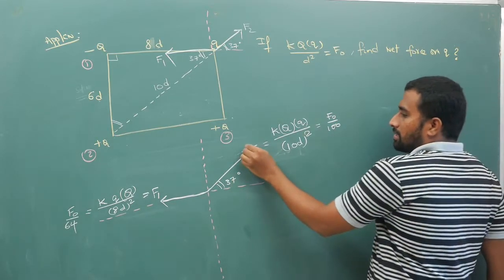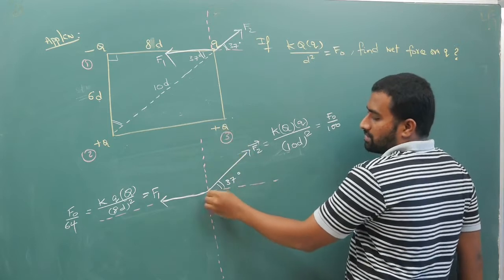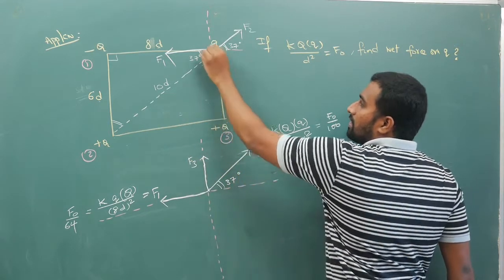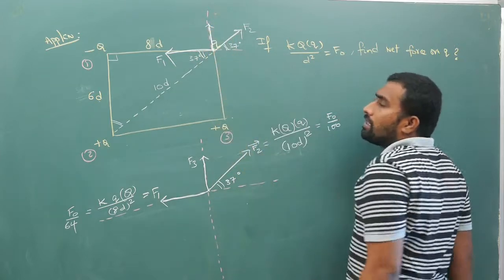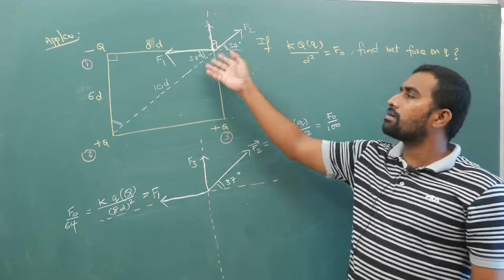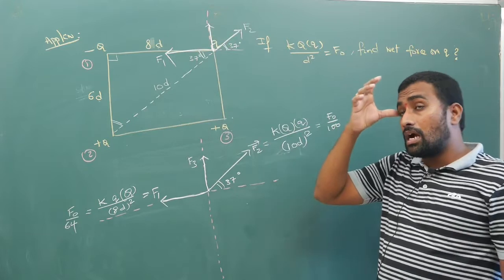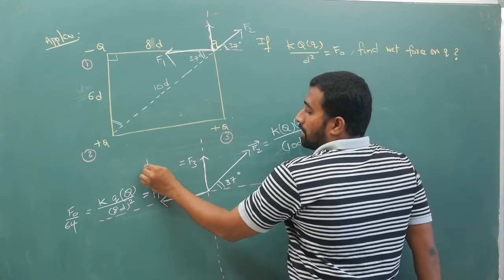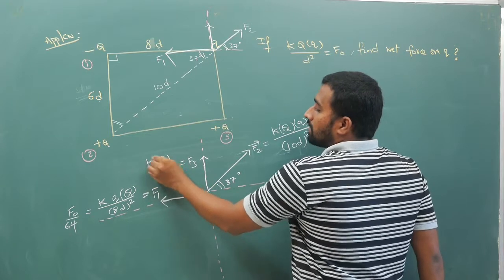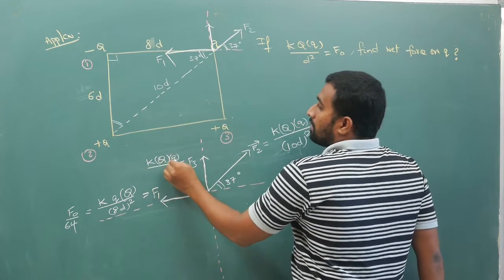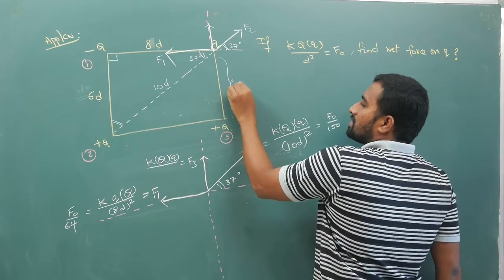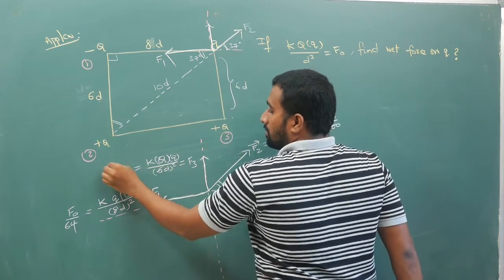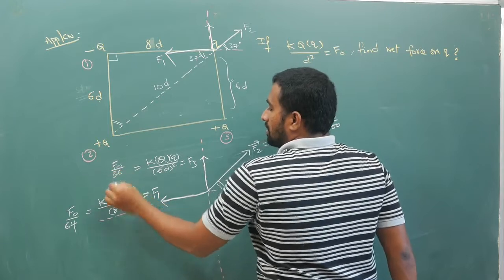Next, coming to the third force, there is repulsion. Because of F3, this F3 will repel it like this. So your force will be acting along the line joining the two charges, and you have to write each vector in terms of i cap and j cap. Now here F is K into capital Q into small q by, from here to here this distance is given as 6d. So it is 6d whole square, that is equal to F0 by 36.